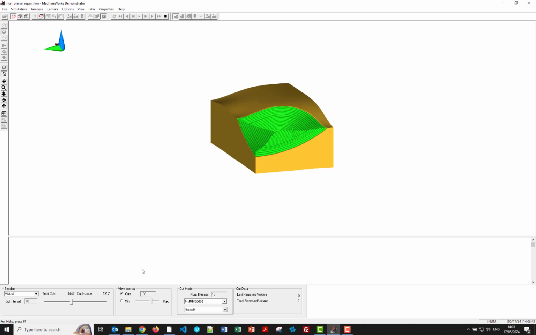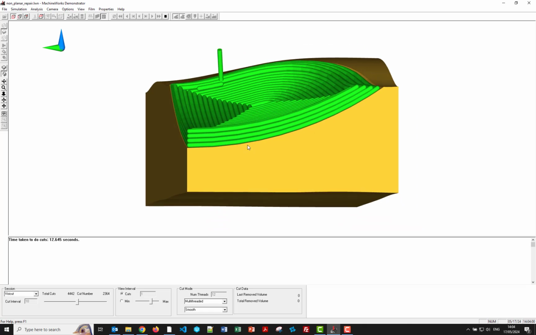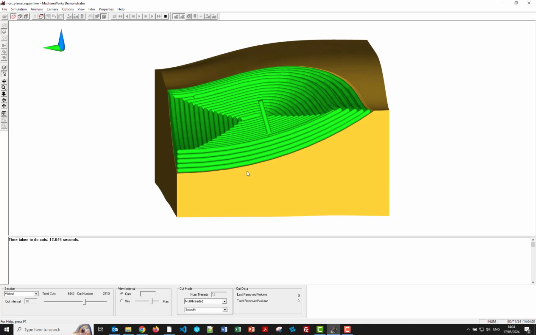Bear with. Let me stop it running, and I will just set it to update every cut, just so you can see what it looks like. There we go. So that's it, doing its 5-axis motions there, which is quite nice to sit and watch. Calming motions. Oh yeah. Anyway,